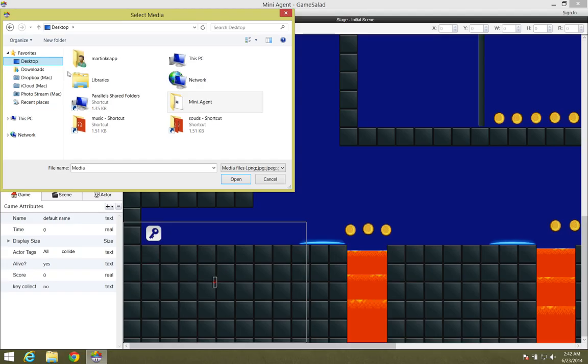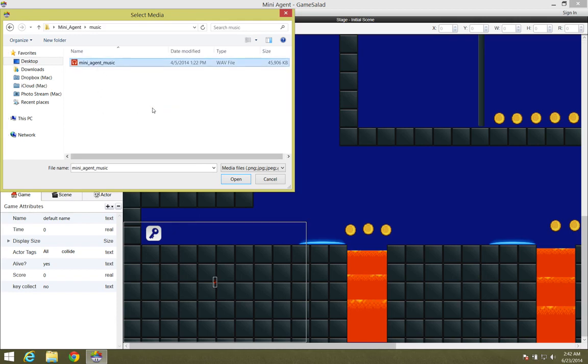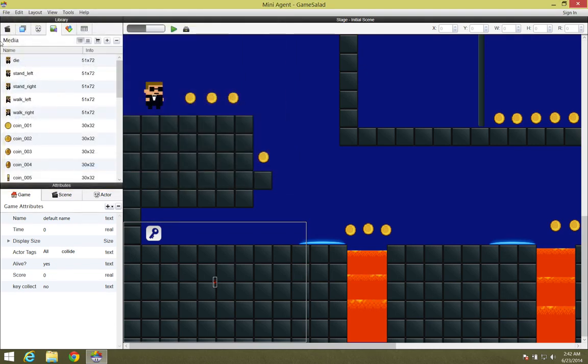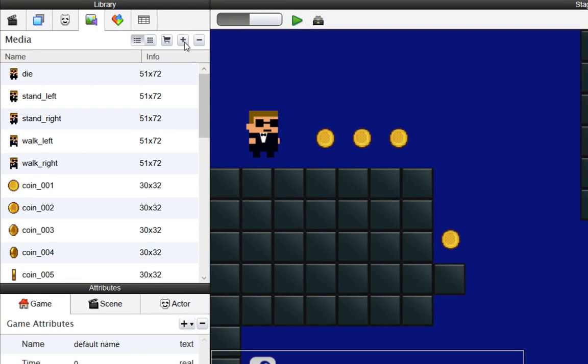And what we want to do is navigate to our music folder. So I'll do that now. Yours might be in a different location than mine, so don't worry about what path I'm choosing. I'm going to click Open for the Mini Agent Music. And then again, I'm going to click the plus icon,